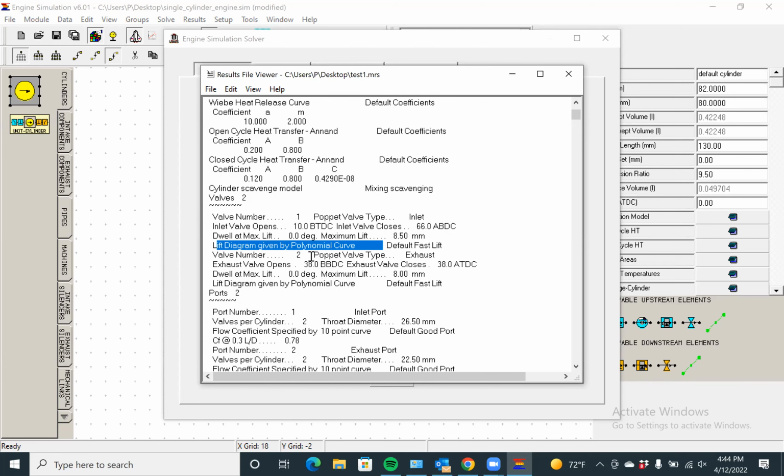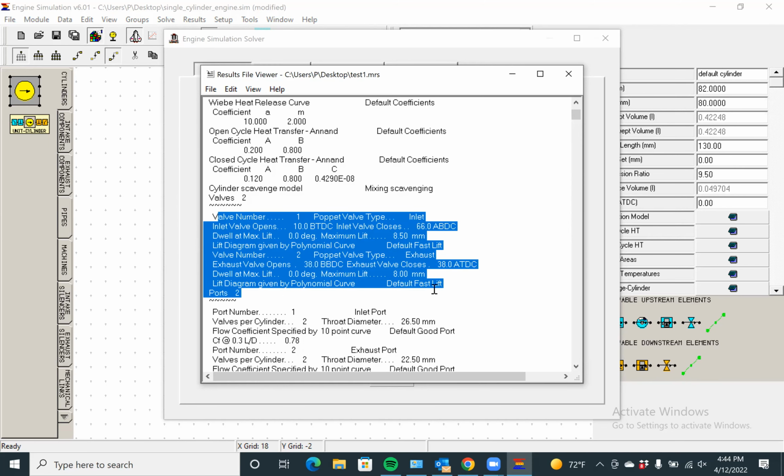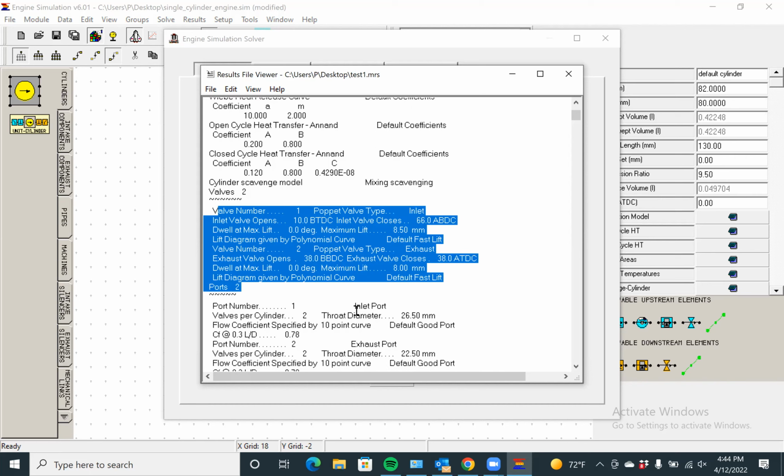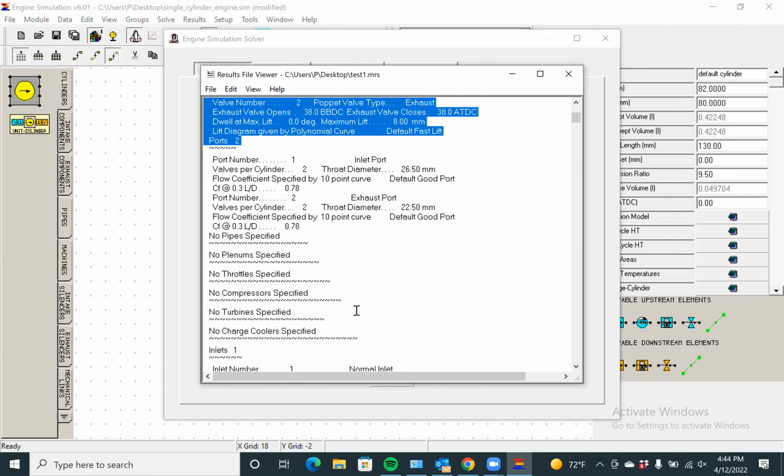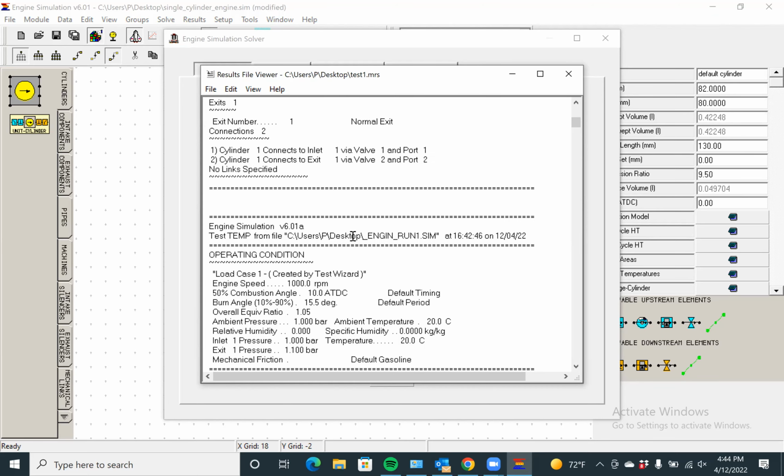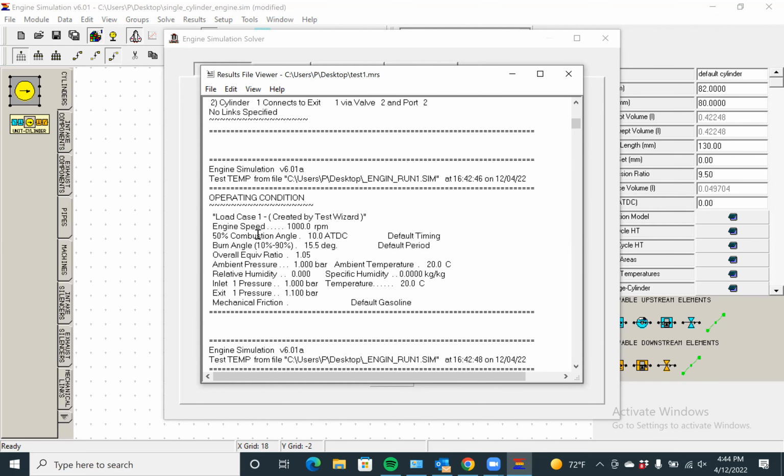And then you got exhaust valve, and that is what it says when exhaust valve opens and exhaust valve closes. So this information is useful for opening and closing the valve. So this is something called a valve timing diagram. And in IVTEC engines like Honda, these valve timing diagrams are dependent on speed, so they get changed. And then you can actually go through all this information, and then it will actually tell you the load test